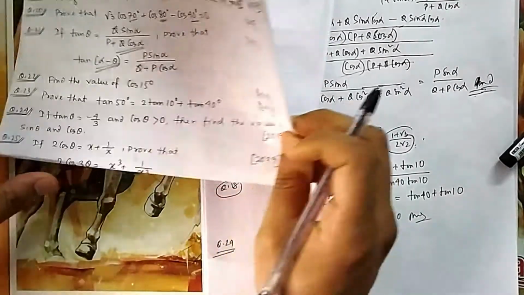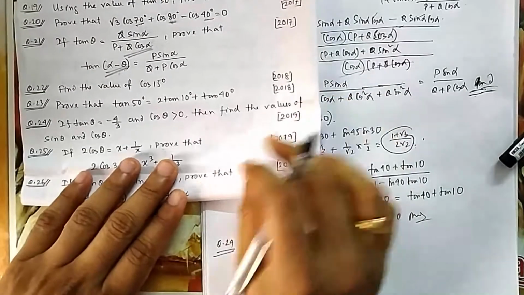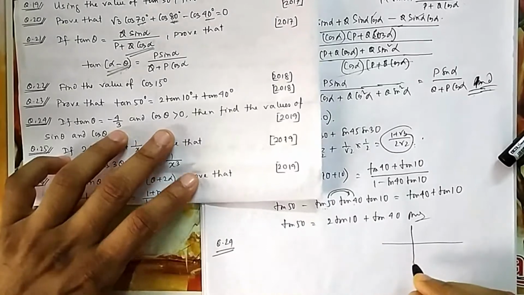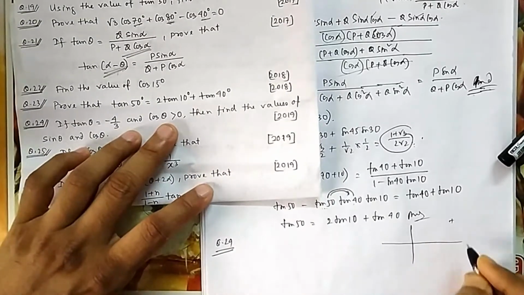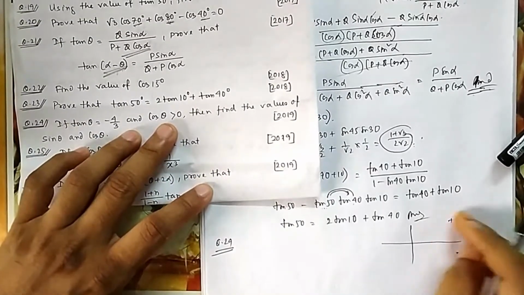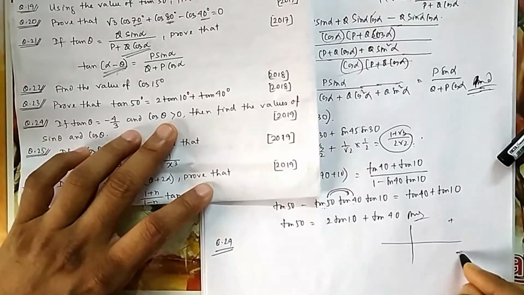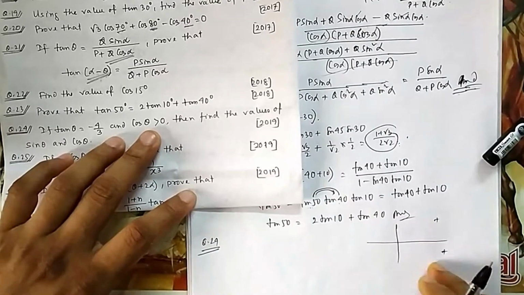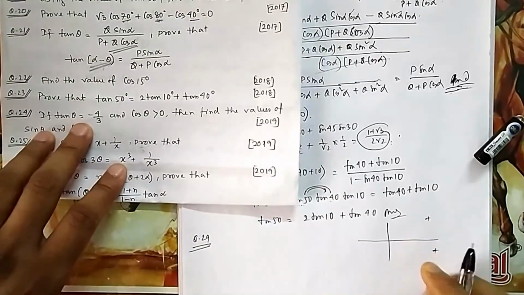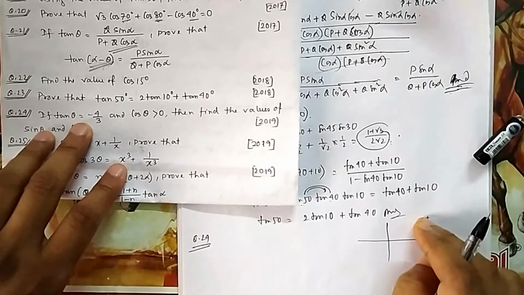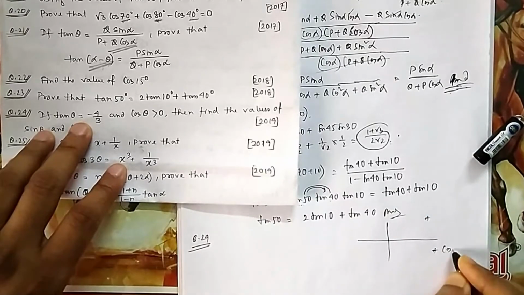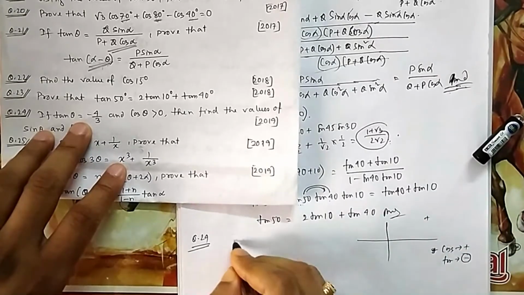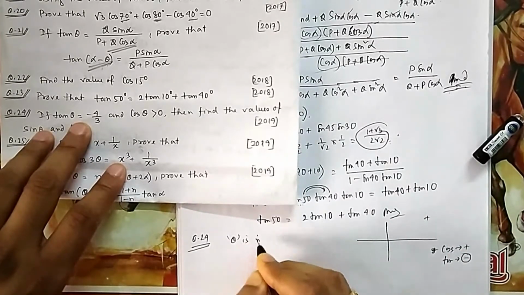In question 24, what are they asking? They are asking that tan theta is negative and cos theta is positive. So you draw the quadrants and think: cos theta is positive in the first quadrant, where all are positive, or in the fourth quadrant. You have seen the rule: all, sin, tan, cos, all students take coffee. So here it is cos. And tan is negative. Here tan is positive because all are positive. So tan is negative here and cos is positive here. That means theta is in the fourth quadrant.